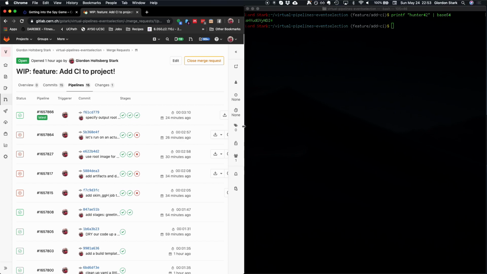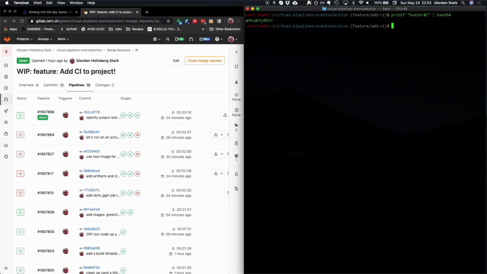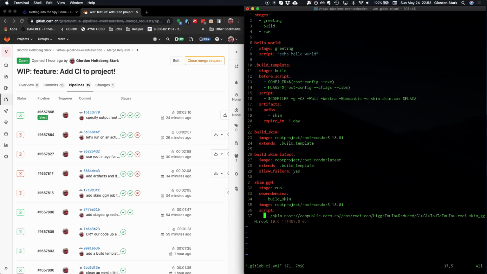But you have to remember that just adding the variables in alone won't do the trick. What we actually need to do is to actually use the service password. So let's go ahead to the GitLab YAML. And we're going to go ahead and let's see here. Where is my scheme? So before script here,